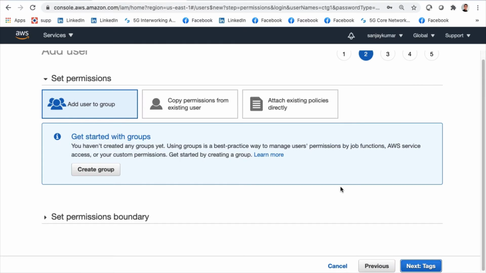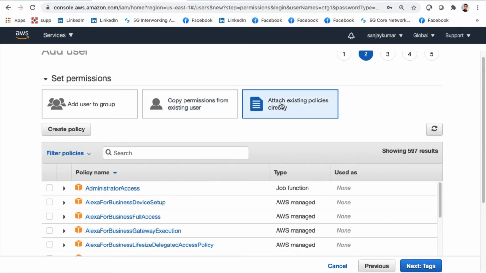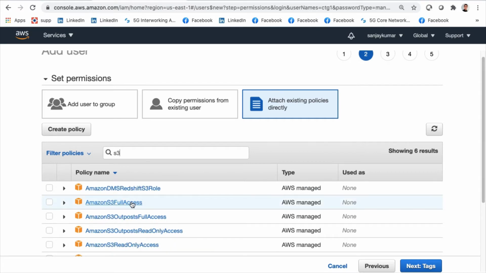Now we'll move next towards permissions. Either I can add users to a group, copy permissions from an existing user, or attach existing policies directly. What I want these users to do depends on their role. It can be a user with administrator access, or I want users who can write to S3 buckets, so I can go with Amazon S3 full access.